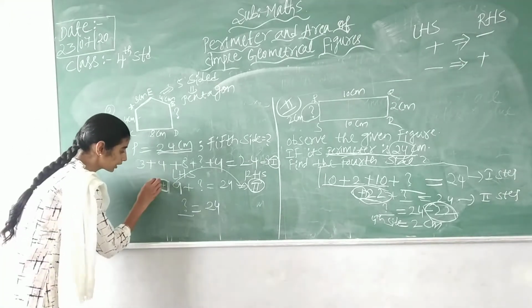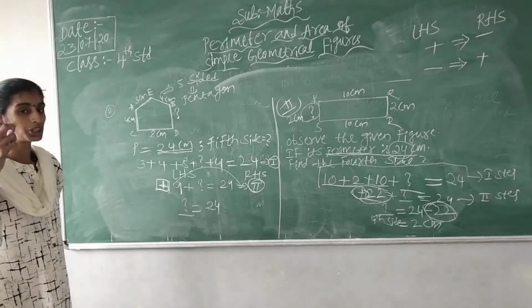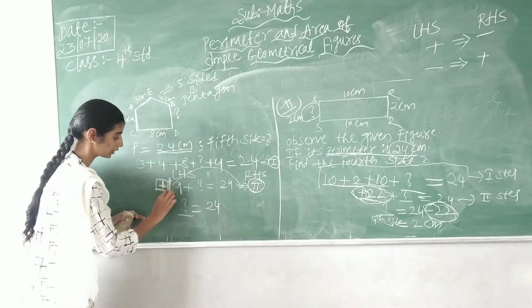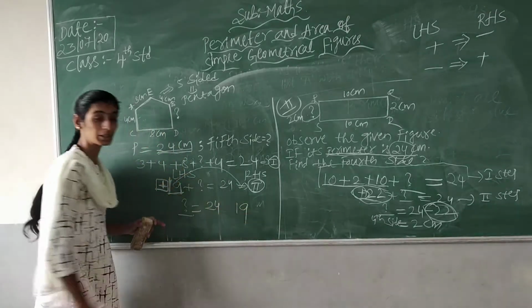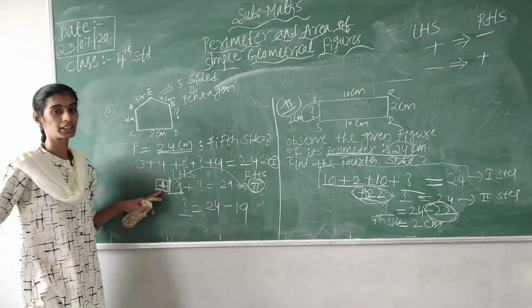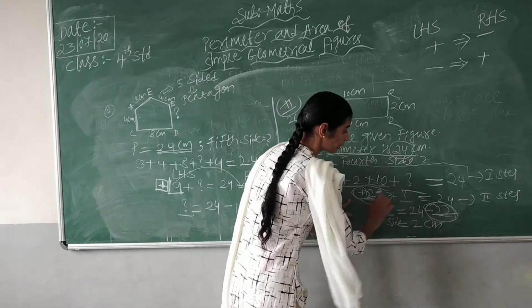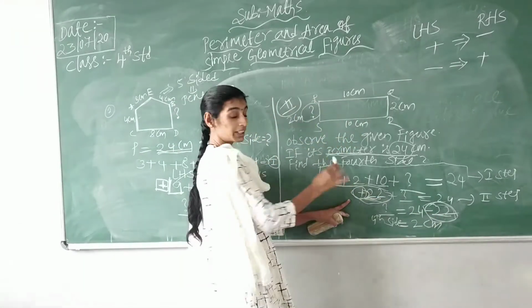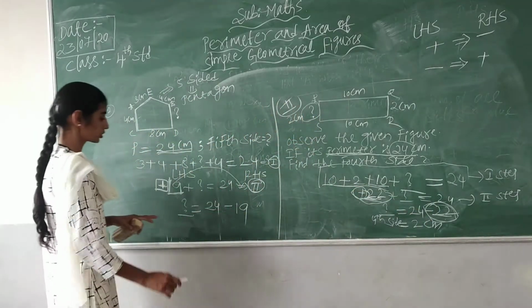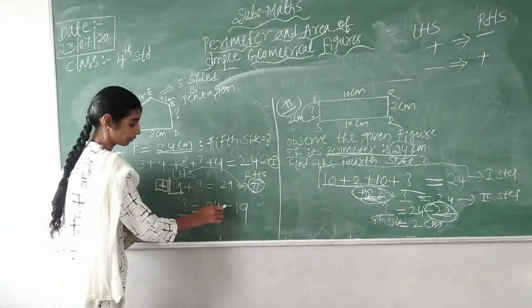But its sign is there, no? Its sign, you can see, is plus. It is going to change to minus. Keep in mind, children. Value will remain same as 19. No change in value. It will remain as it is. But plus 19 will become minus 19. Here also, value 24 remains same. Values are going to remain same. Only sign we are changing. Plus has become minus. Value will remain same, but plus will change to minus.